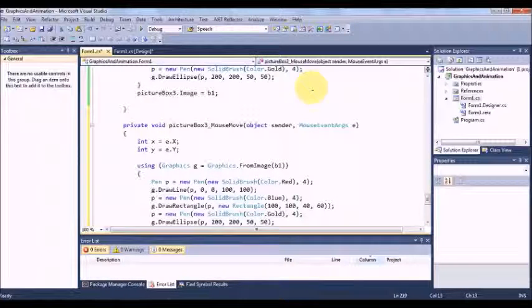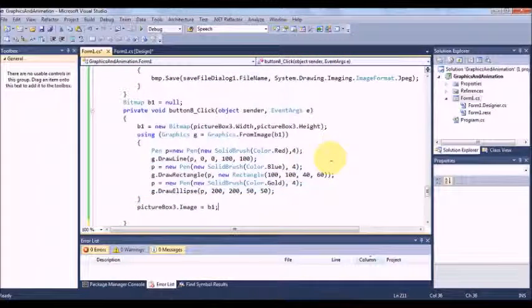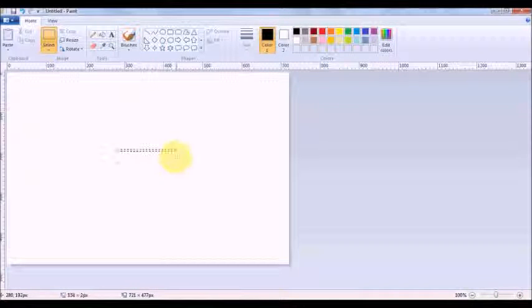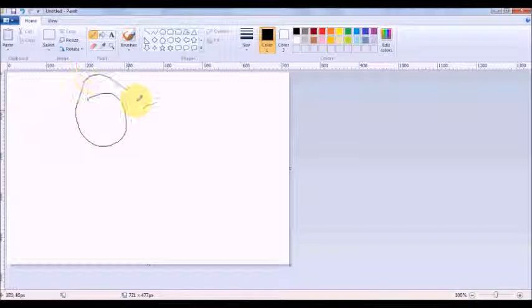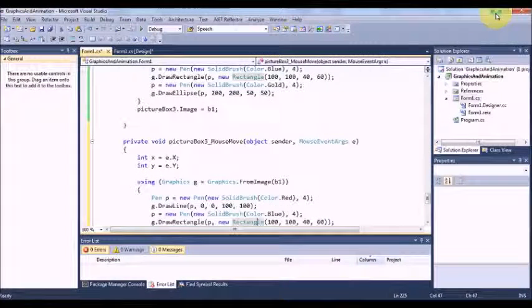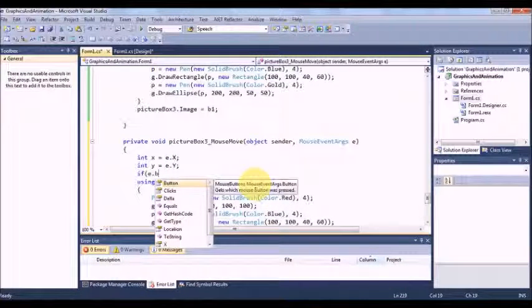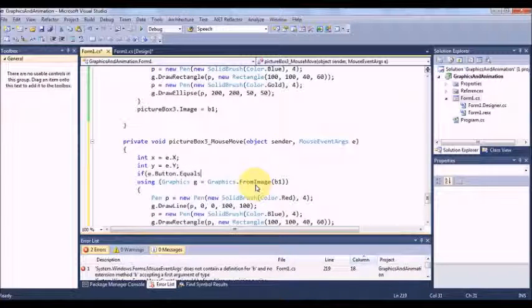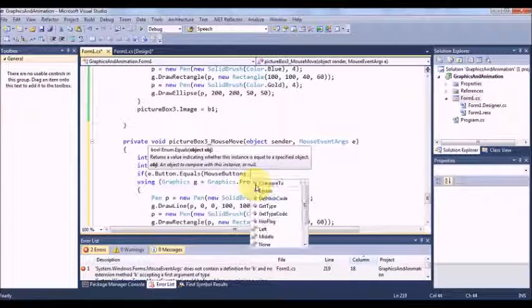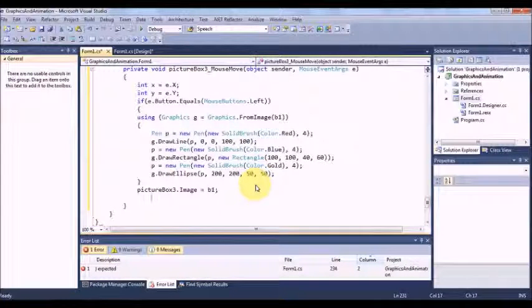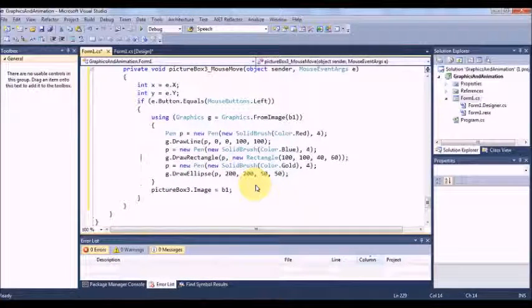If user is pressing the left button. So if I press the left button and then if I move, I want to draw the line. How do we draw in Paint? If I move it, nothing gets drawn. I am able to move my mouse freely. But if I select this and then if I click the left button, I'll be able to draw. So the same concept. If e dot button equals mouse buttons dot left, so if user has already clicked that left button, then